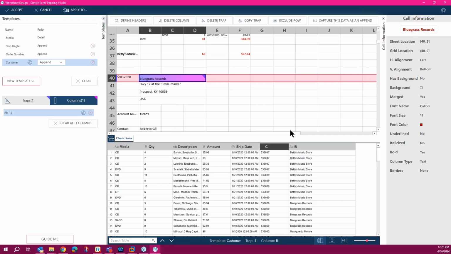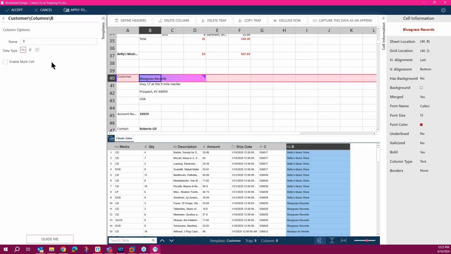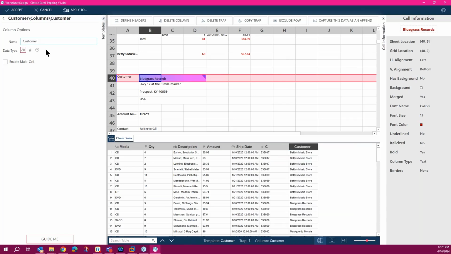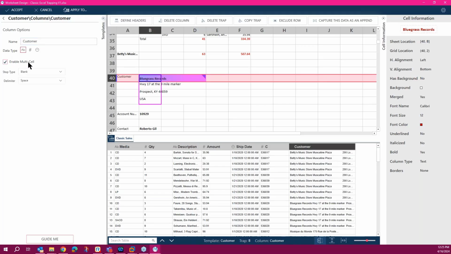Now I want to capture the whole block here. First let's change the name to customer. That is the field name, and then by selecting this option, enable multi-select, it starts with blank, stop type blank, and delimiter space.